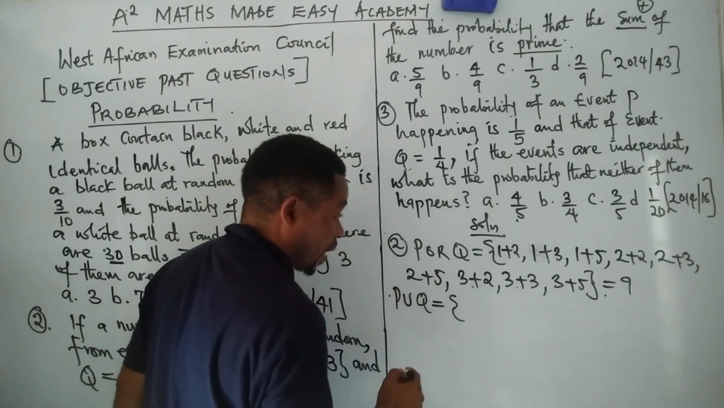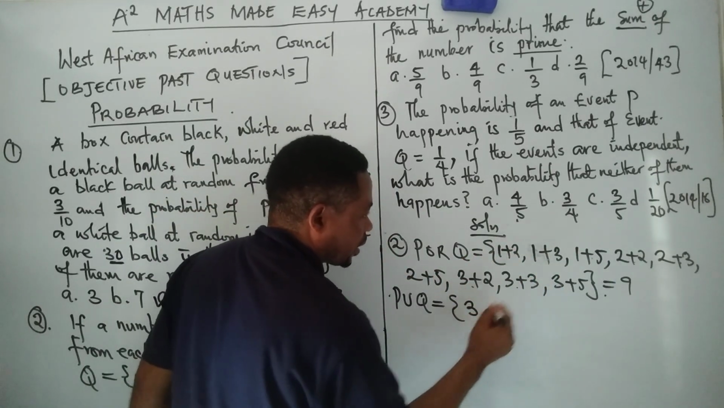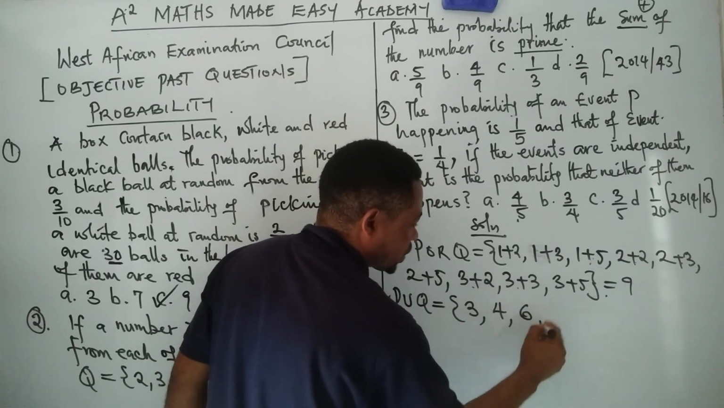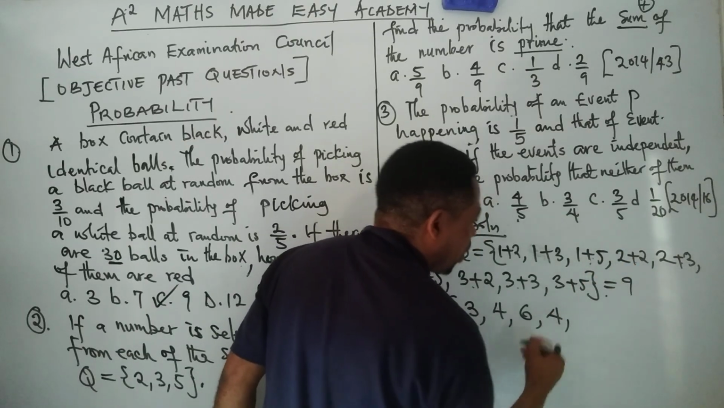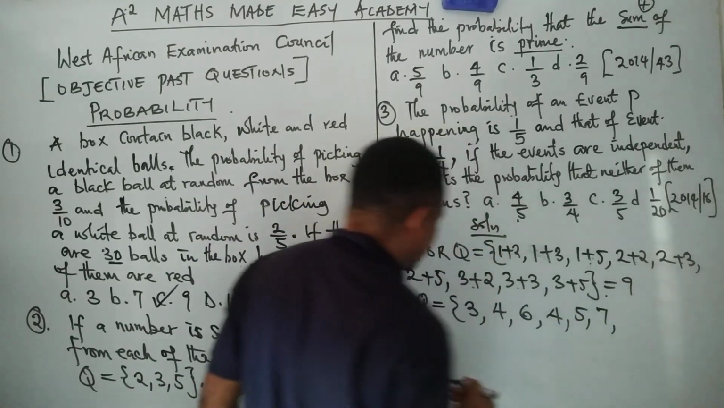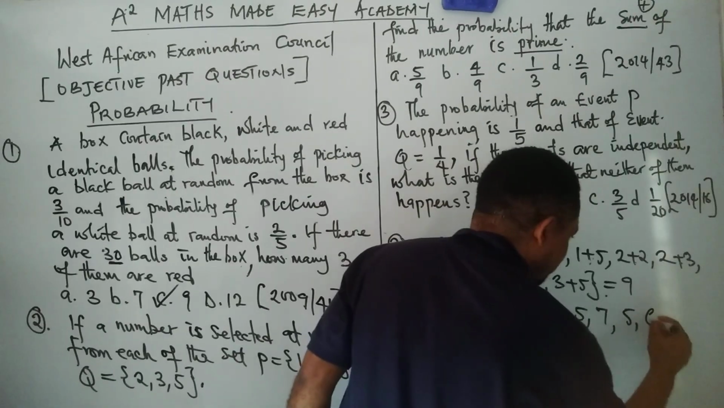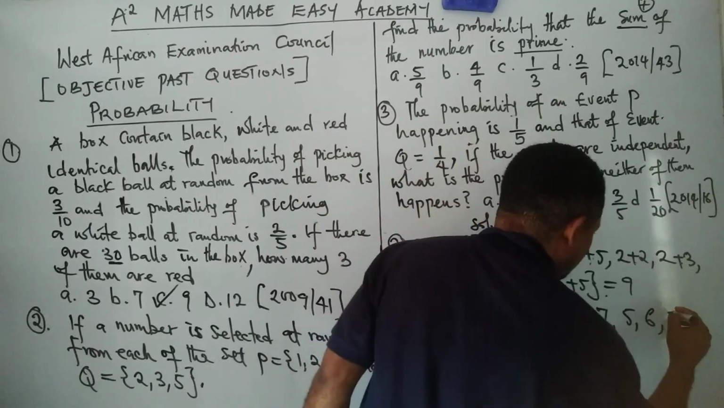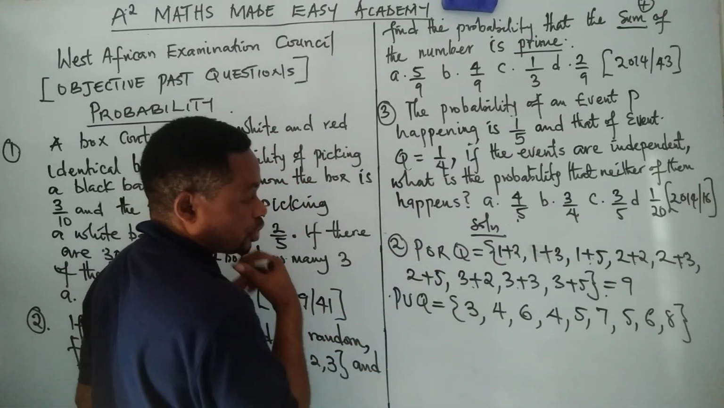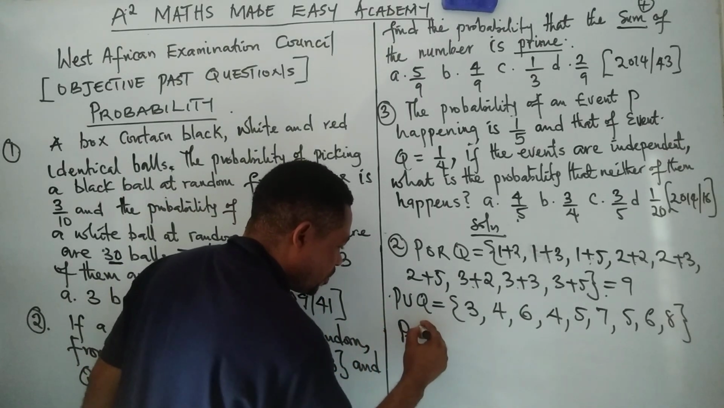Now remember, the question says P union Q. They say sum, right? Sum means addition. Can we add these two numbers? 1 plus 2 will give us 3. 1 plus 3 will give us 4. What about this one? 1 plus 5 will give us 6. 2 plus 2 will give us 4. Then 2 plus 3 will give us 5. 2 plus 5 will give us 7. Then 3 plus 2 will give us 5. Then 3 plus 3 will give us 6. And 3 plus 5 will give us 8. Are you with me now? Now this is what you see in P union Q. Am I communicating? So in summary now, you know probability of